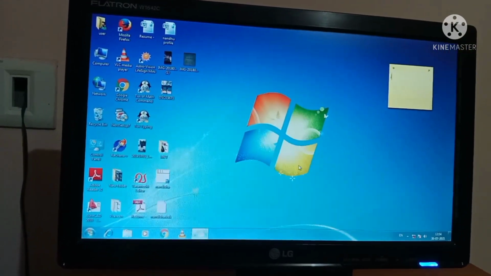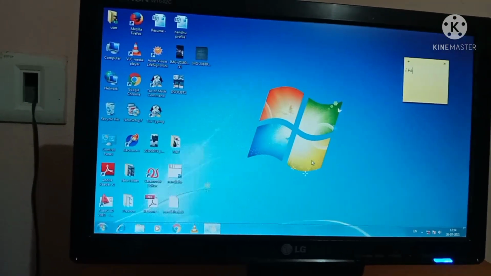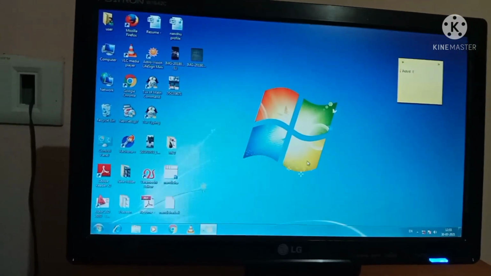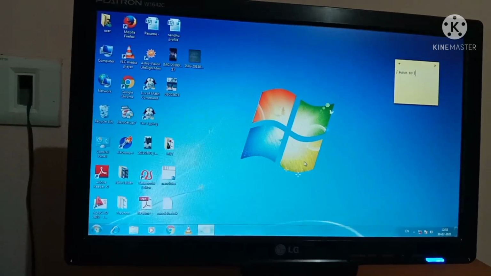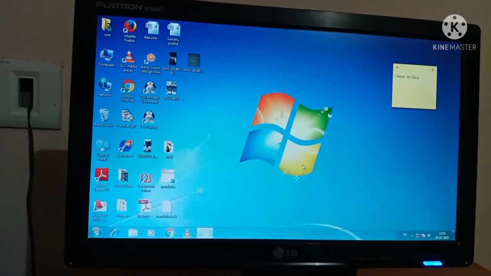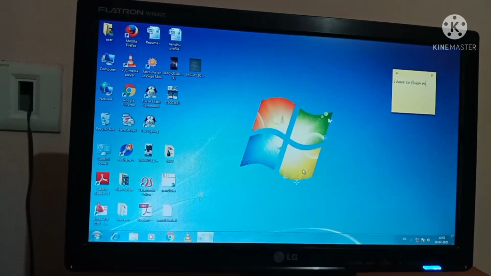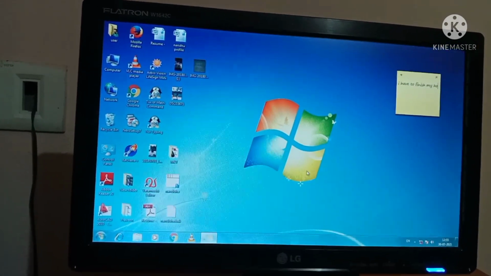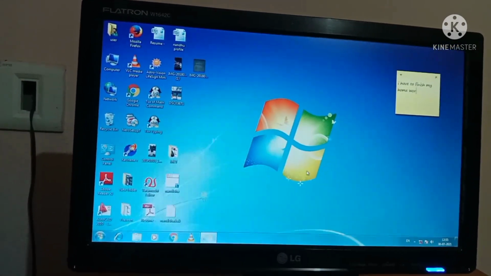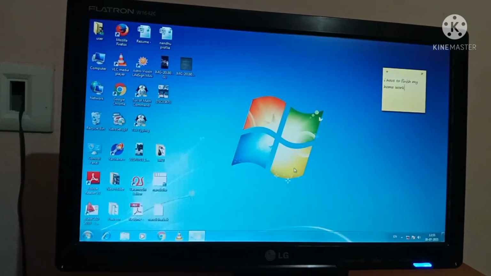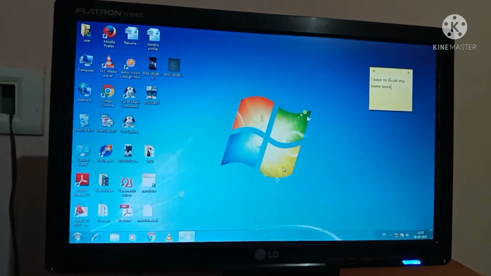So I can type here: I have to finish my maths homework. That's enough. So can you say this? I have to finish my homework. Then I do it. I did it.